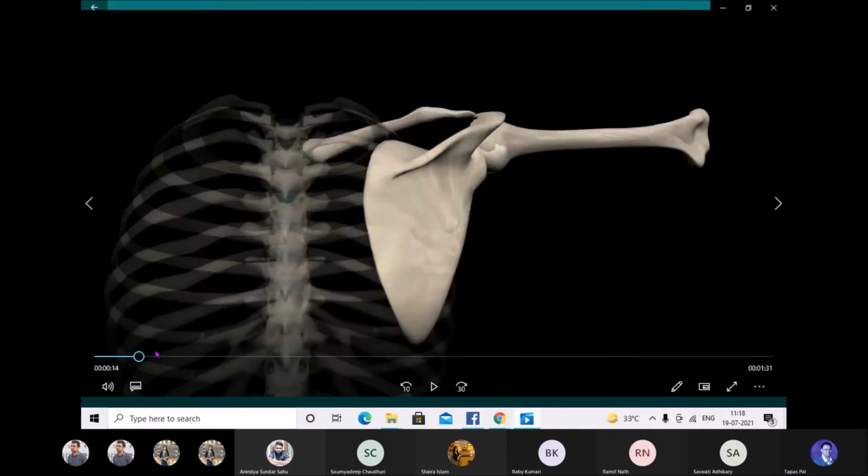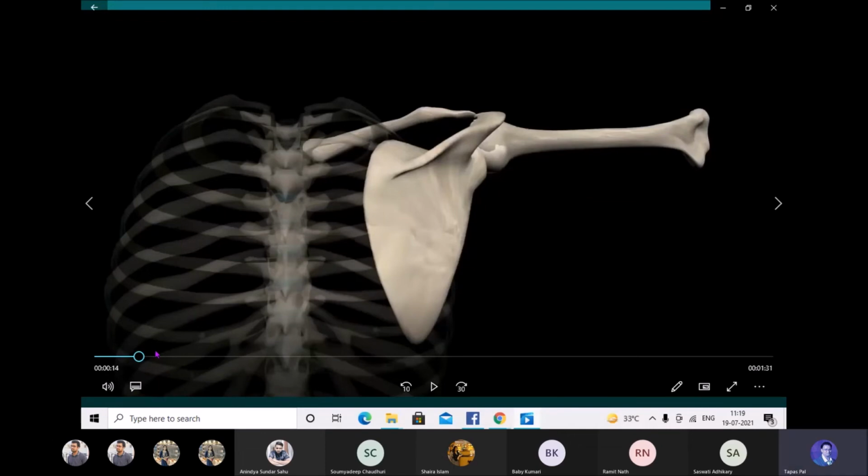Can any one of you describe the reason why the patient will mostly feel the pain within 0 to 10 or 90 to 110 degrees? Why? The first 15 degrees of the abduction is done by the supraspinatus muscle. Very good. The first initiation of the scapulohumeral rhythm is by the supraspinatus tendon, number one.